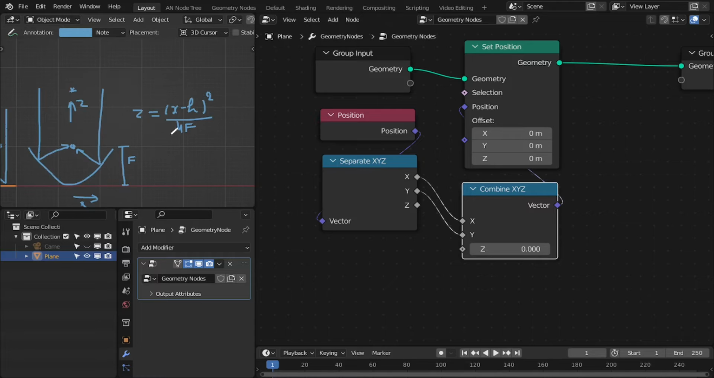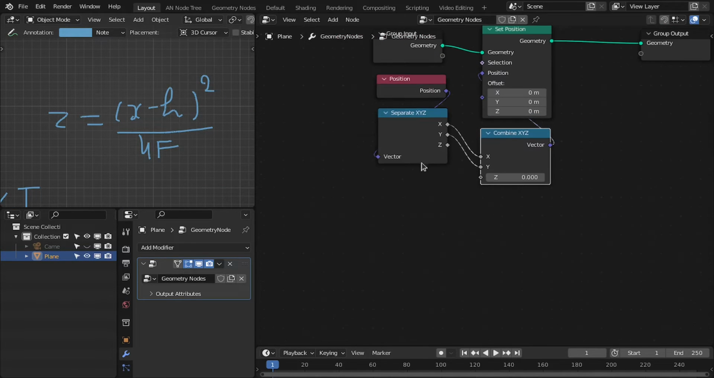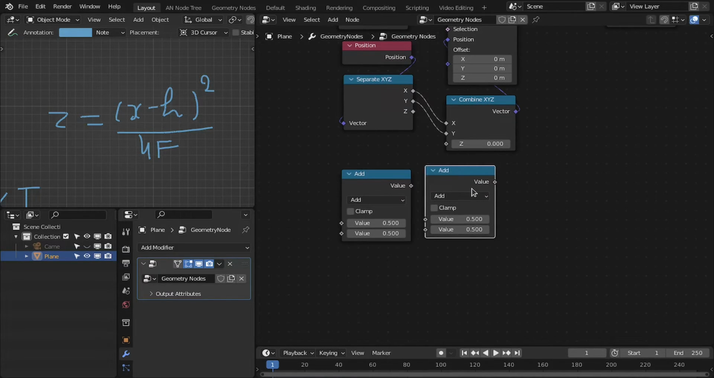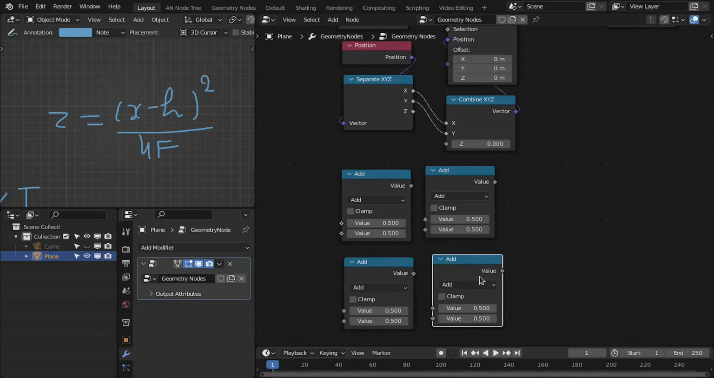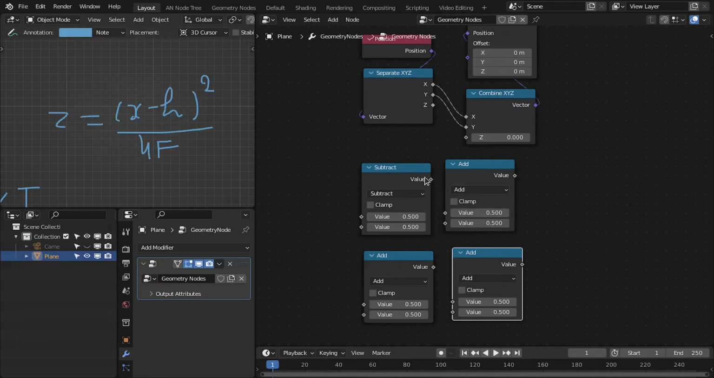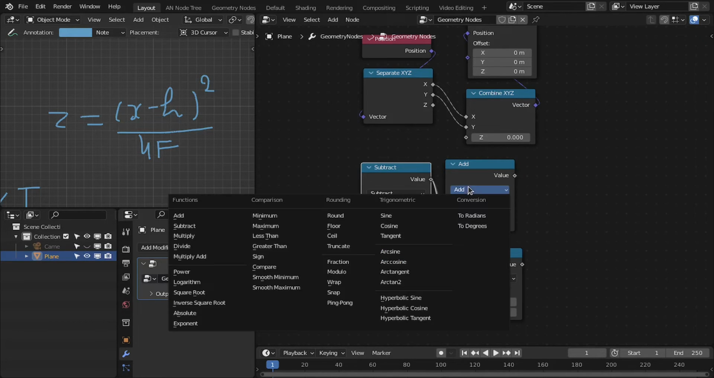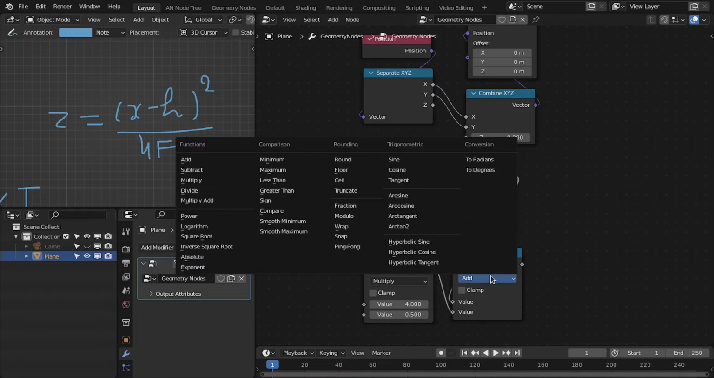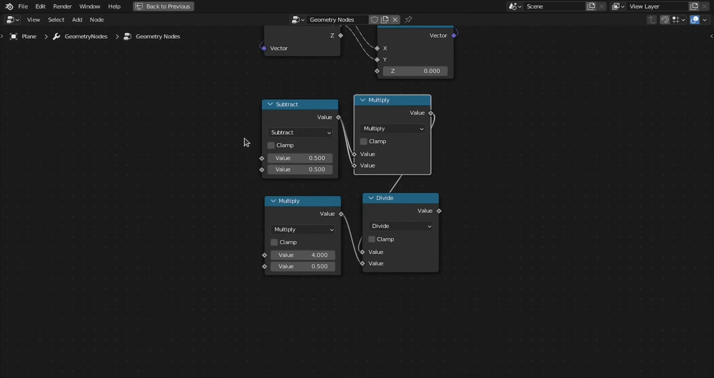based on this formula. So let's write this formula. Add a math node, then duplicate it. First is x minus h, then we need to square it, so change this to multiply, and here is 4f. We want to divide this (x minus h) squared by 4f. So let's make a group for this,